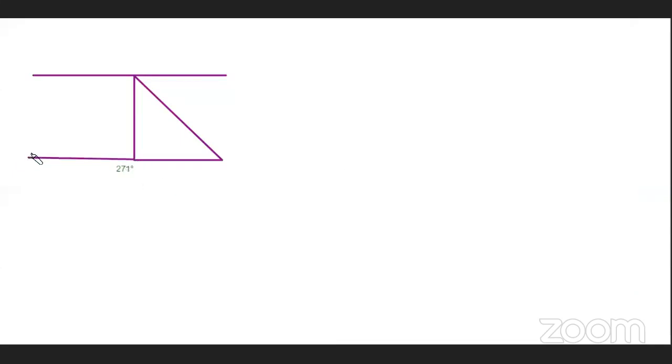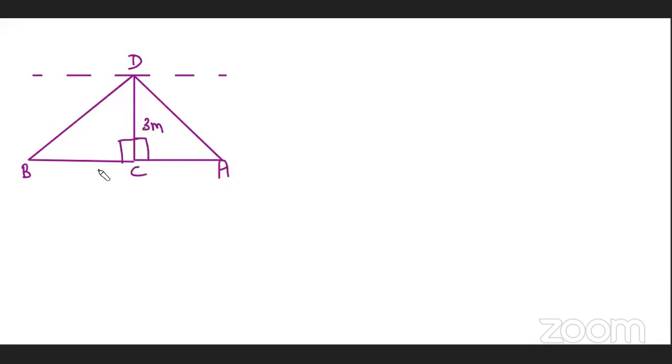And please draw the angle of line of sight to be dotted lines, which I'm going to change now, okay? You can draw it as straight also, but better to show it as a dotted line. Okay, let's say this is 90, 90. This was D, B, C, A. 3 meters, X, Y. 45, 45, 30, 30.